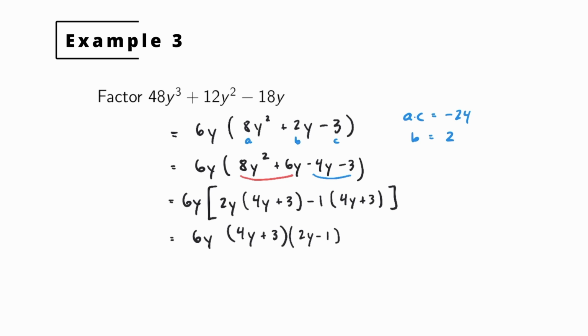And that's it. Feel free to check the work and make sure you get back to where you started. And there you have factoring quadratic trinomials. This method is often called the AC method, as you can probably see why. Anyway, it's a little tricky at first, but the more you practice it, the easier it will get.